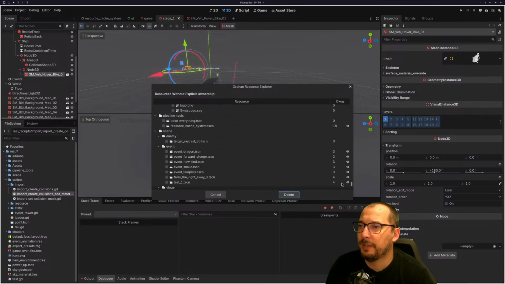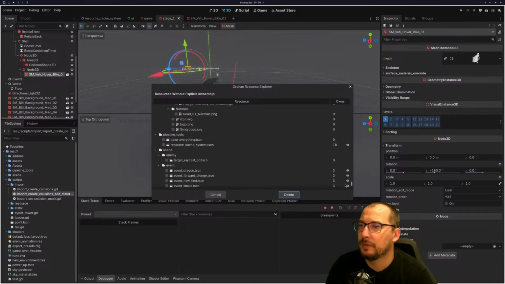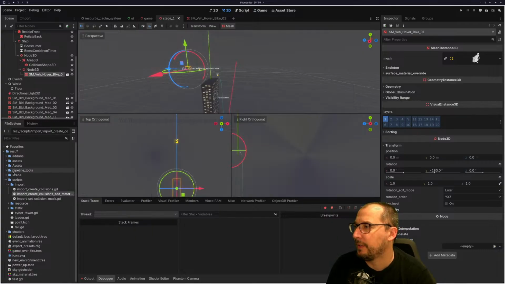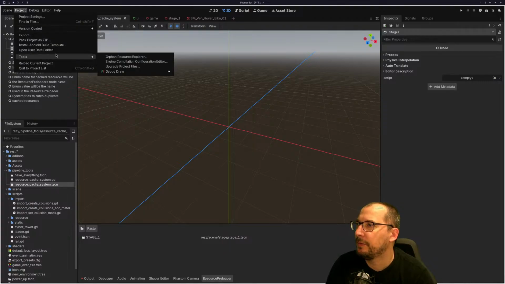So theoretically, okay. So like stage one, okay, hang on. I think we might have something. So we have the caching system here. Stage one is here. So if we look at the Orphan Resource Explorer,